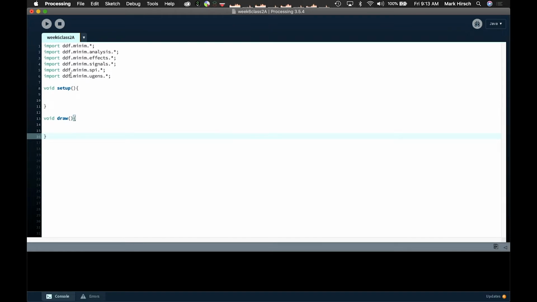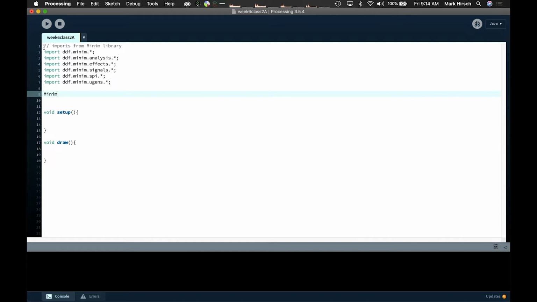Alrighty. Now, up here, next to our imports, maybe I'll just make a comment here: imports from Minim Library. We also need to do a few things to initialize the library. If you remember from our work with classes recently, or any other variable, we need to declare that at the top first. So to initialize the Minim library, just to get it rolling, we're gonna